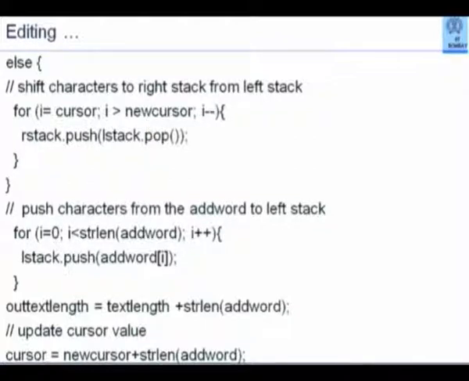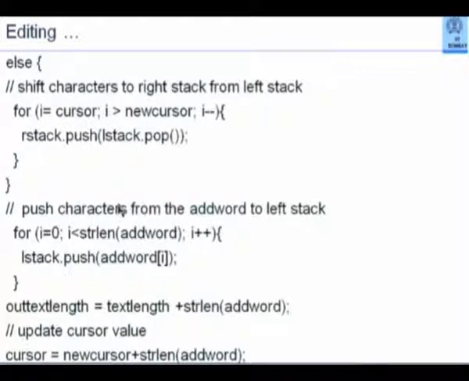What happens if cursor and new cursor are same? My cursor is position 10 and I now say move cursor to 10. No push or pop should happen. You can examine this code, nothing will happen. Okay, the cursor will remain wherever. All that we are doing after this is my cursor will now become the new cursor.